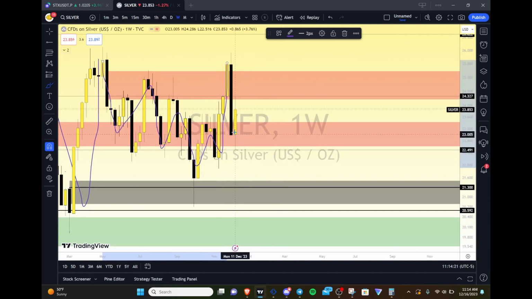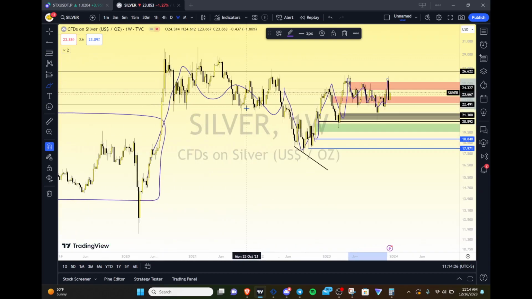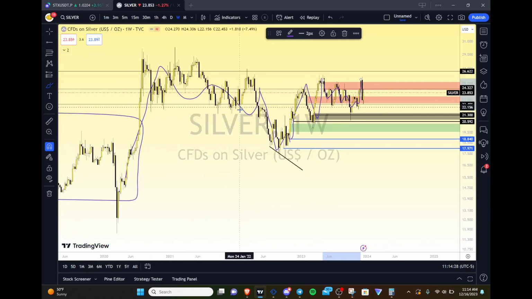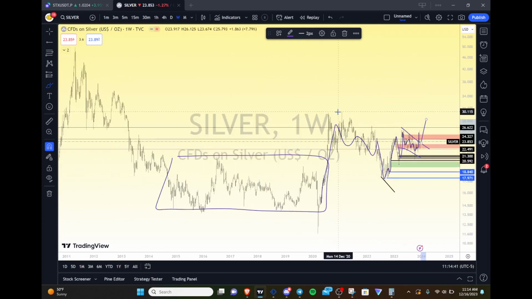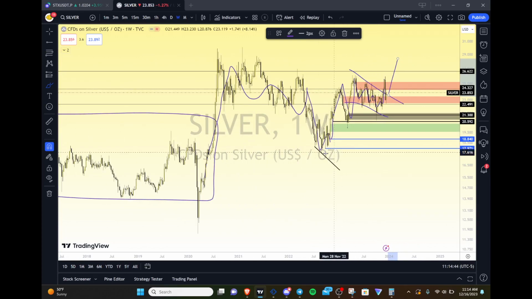So if this candle here is held for a period of time, what you're going to end up seeing here is a continuation structure on the weekly. So something like this will occur where you end up breaking out from this, and it leads to continuation, and it starts to take out the highs here. And if we take out the highs here, what ends up happening is this low here, and maybe in this case it might be this low right here. Either way, this low or this low, depends on how it builds.